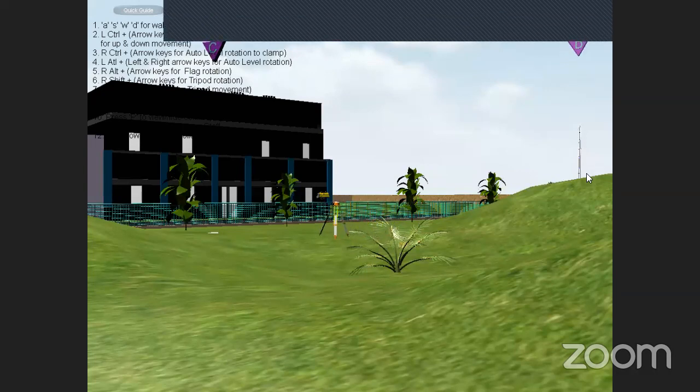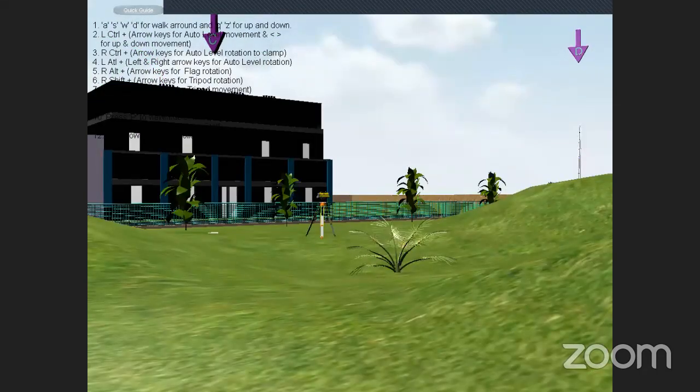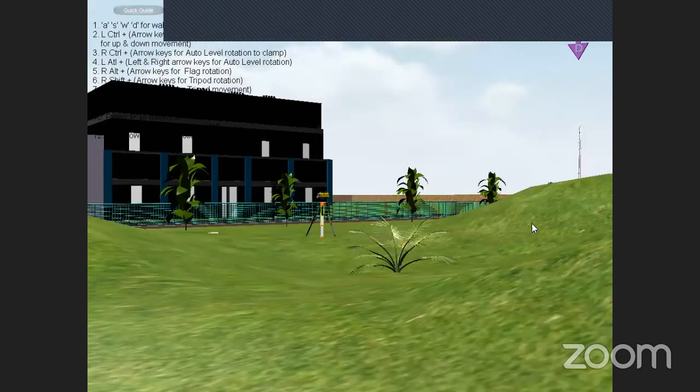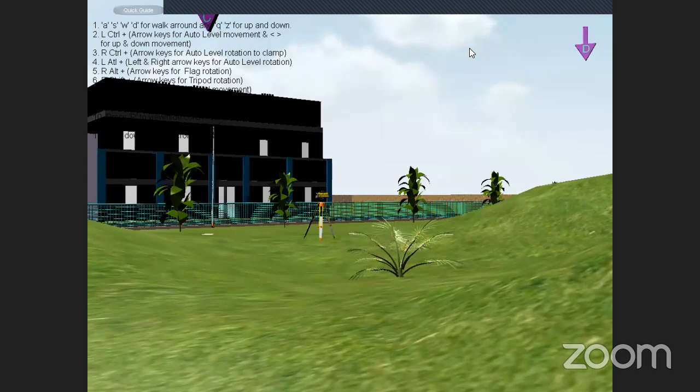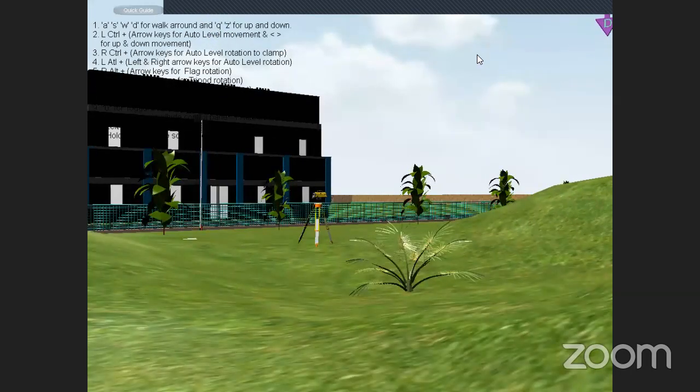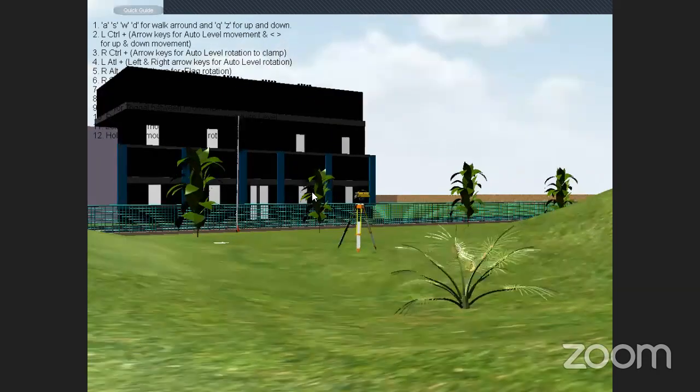I am going to move the staff to C position right now. Leveling staff to C position. So before operating these things, you should know the concept of taking the measurements.